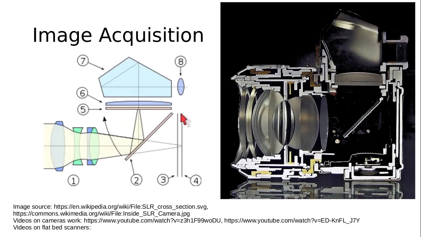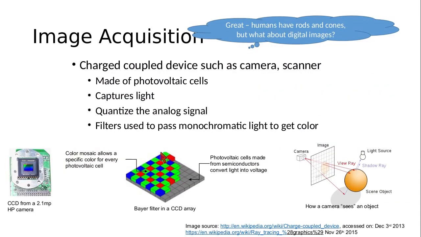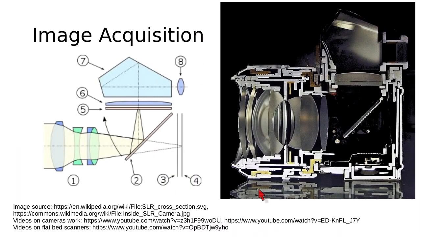When you click the camera, this mirror goes up, and a shutter opens in front of the film or the charge coupled device, and when the shutter opens, light falls on the charge coupled device. The charge coupled device, which you saw on the earlier slide, generates an electrical impulse which then gets recorded onto your SD card. For more details on how cameras and flatbed scanners work, you might want to look at these videos. These are very useful to understand the basics.